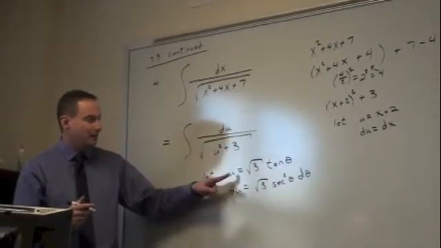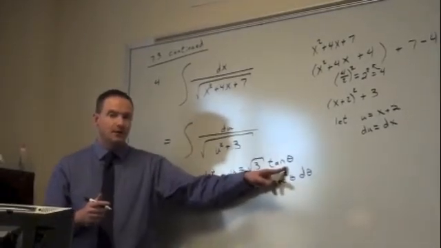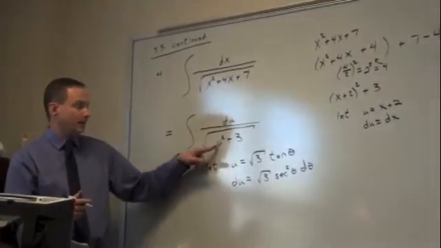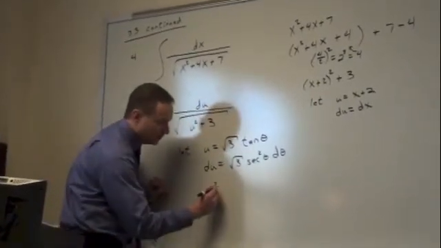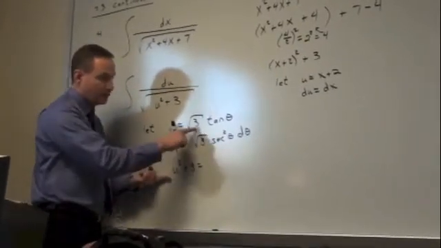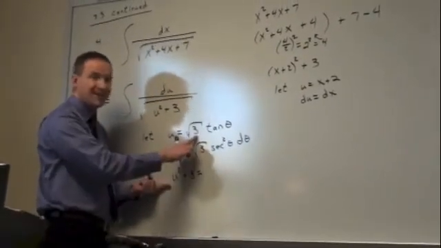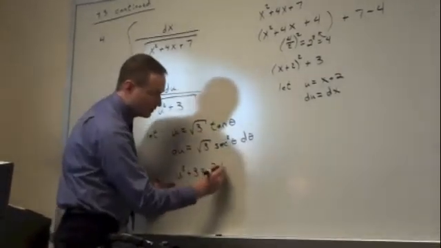And in fact, if I'm going to let u equal the square root of 3 tangent theta, you might want to go ahead and figure out what u squared plus 3 is. U squared plus 3, please notice, that's going to be the square root of 3 squared, 3, tangent squared,